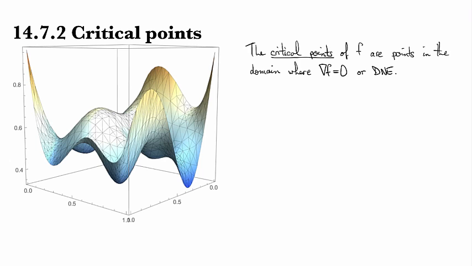So now these tests are adjusted a little bit because we've got more variables flying around, but the critical points of f are going to be the points in the domain where all partial derivatives vanish. So in other words, where the gradient vanishes or is equal to 0, or where the gradient does not exist. And if the gradient does not exist, that happens because one of the partial derivatives of f does not exist, right? So the general method that we follow